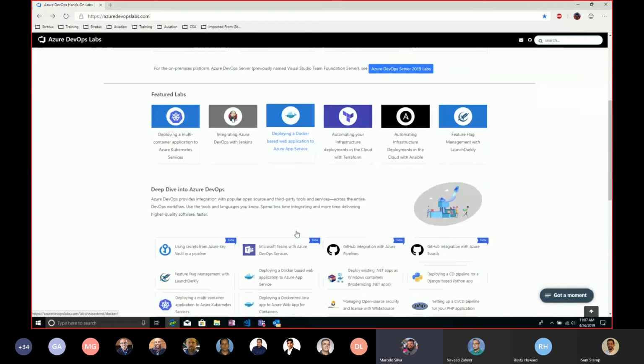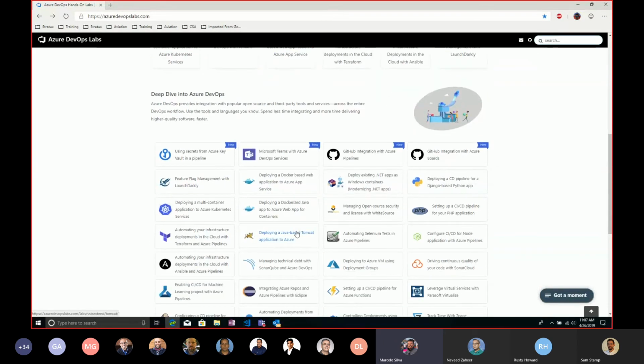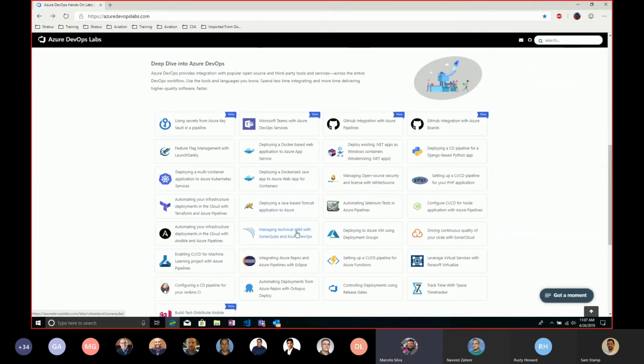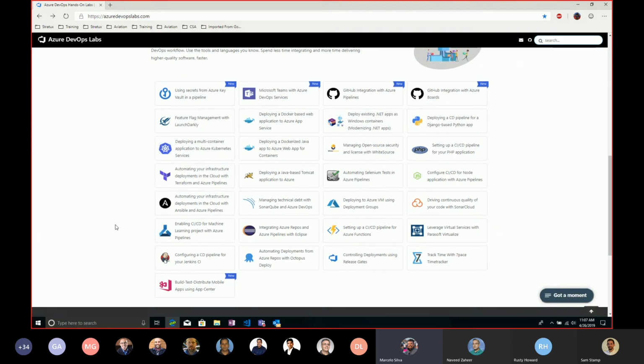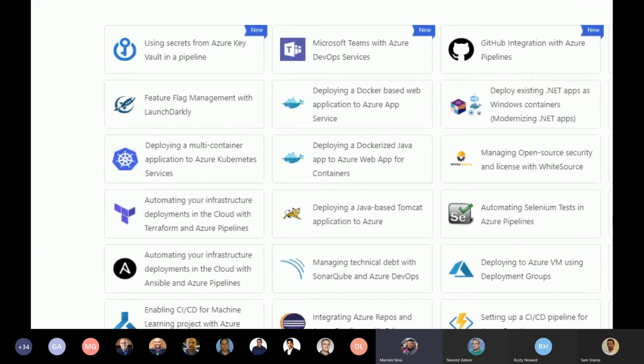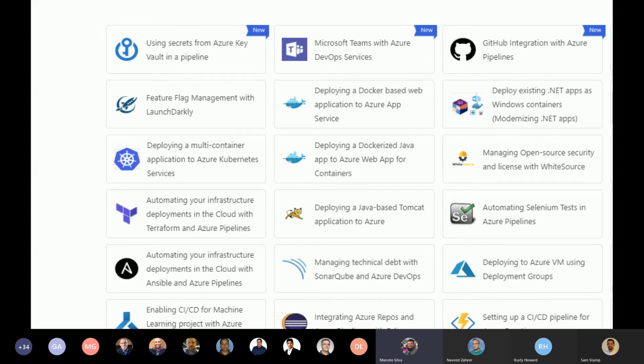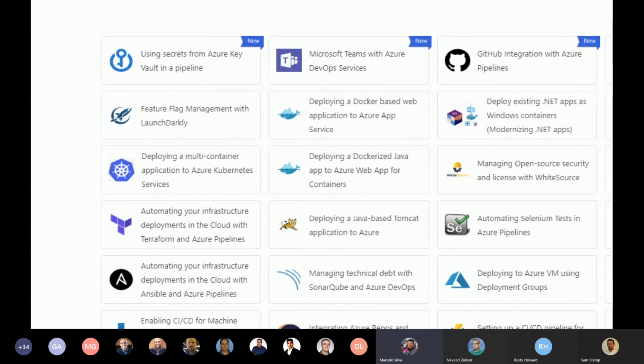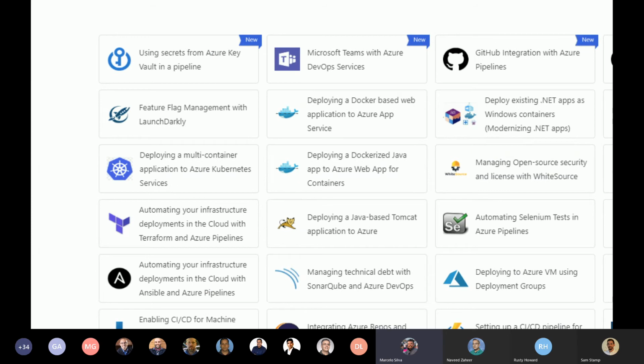Now, if you want to go a little bit more into real use case scenarios, then this second part of the web page is really good because you're going to see a lot of good stuff that I personally use to create demos, and I'm going to run one so you can get how the experience works. But you can do things like if you're interested to see how you can leverage key vaults, for example, in a pipeline and pull secrets directly